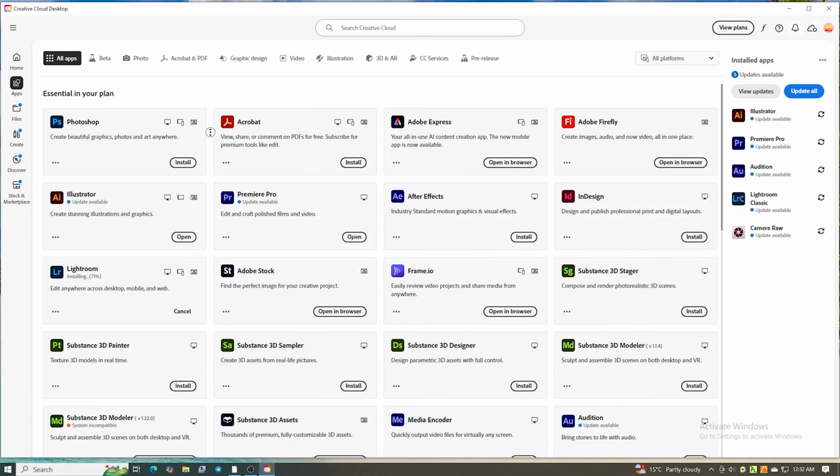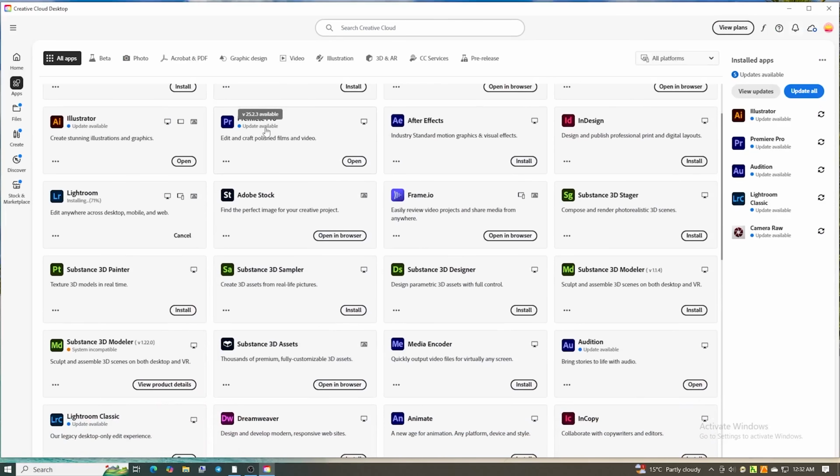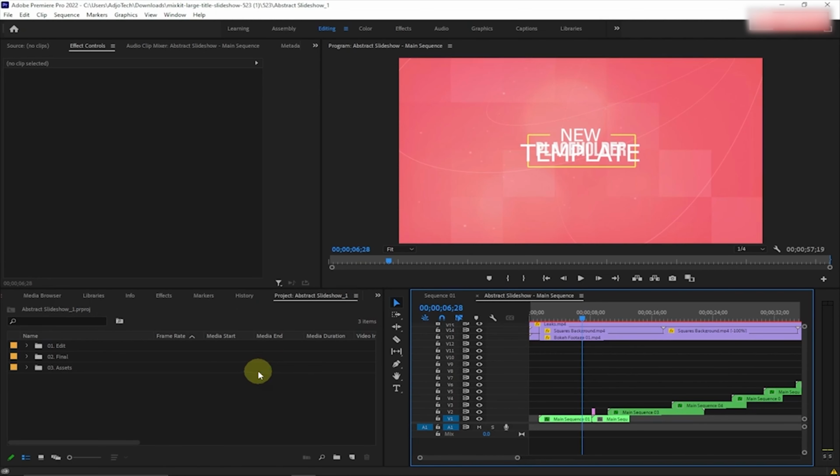Then just find Premiere Pro, hit install, and you're ready to start editing. The whole process is designed to be quick and simple so that you can get to your editing projects without any hassle. And that's it. You now have 2 full weeks to test out Premiere Pro and see if it's the right fit for your